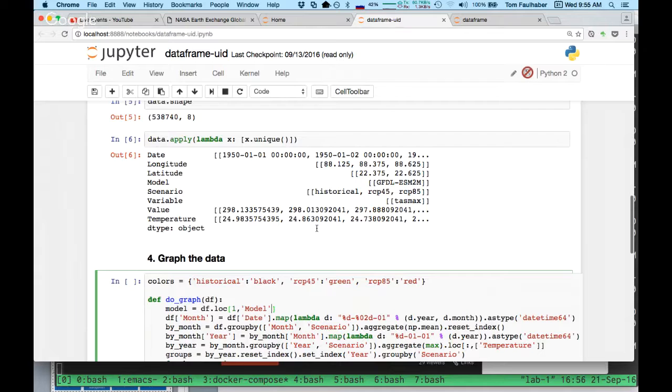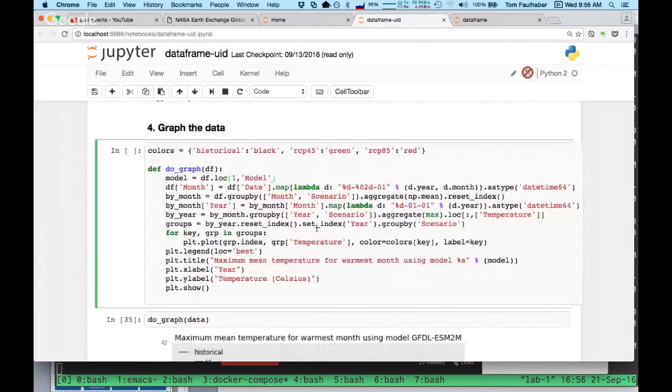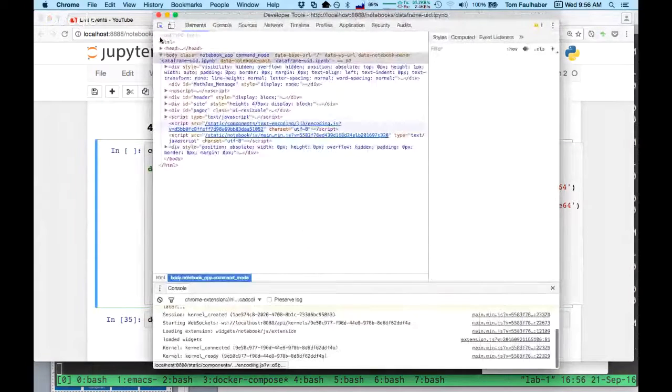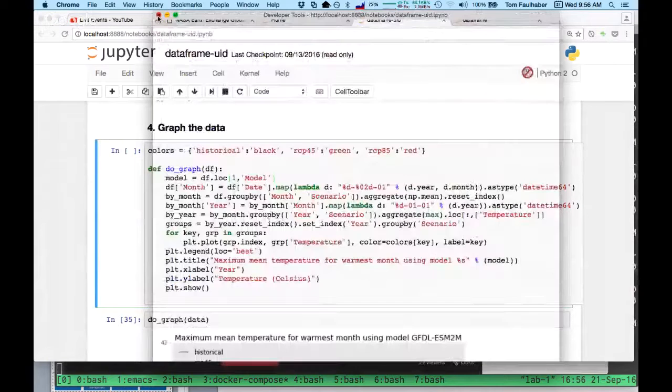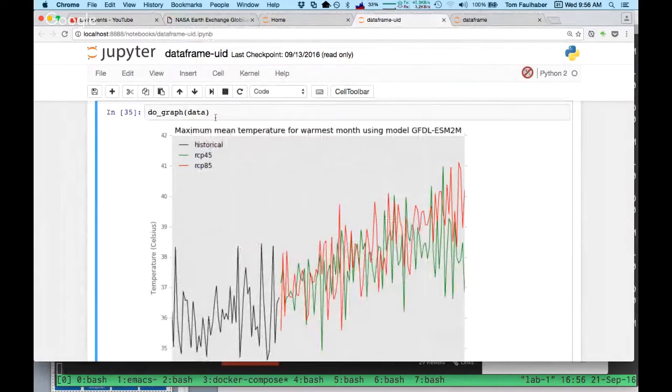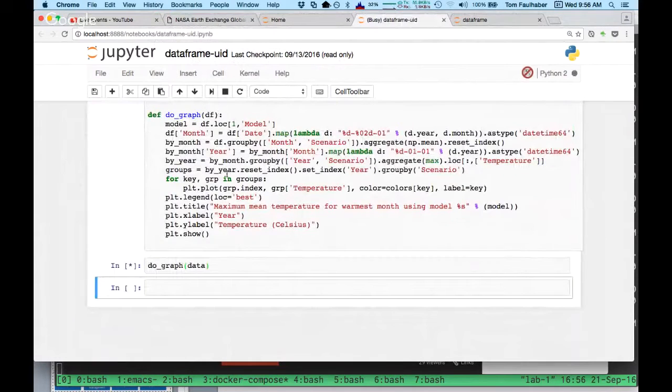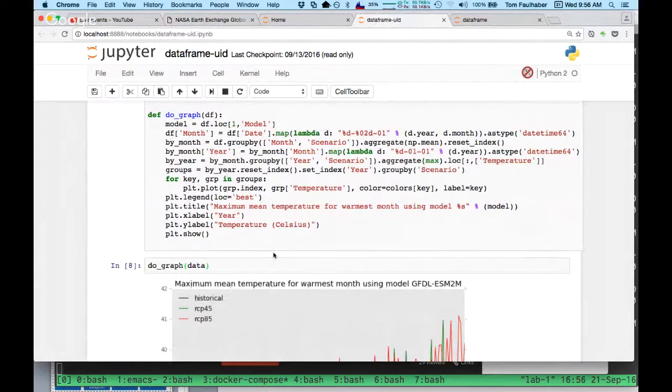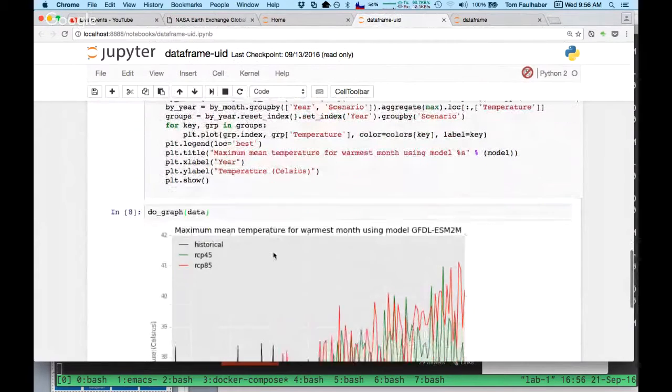So let's set up this graph and look at it. Oops, sorry, I'm still programming in R here. Don't do that. This is the problem when you switch languages. And now let's run this graph. So we're going to run this graph now. This is run, and it compares the